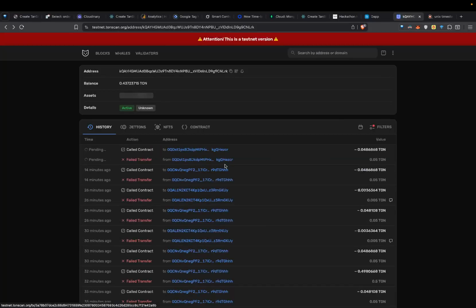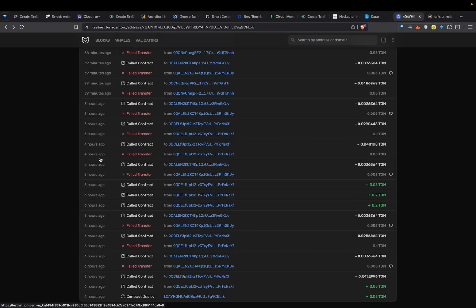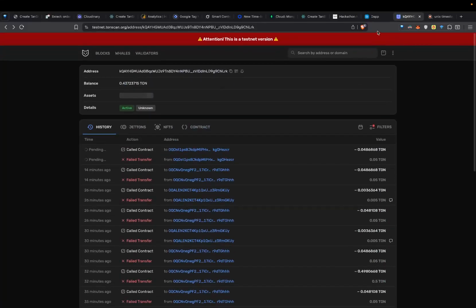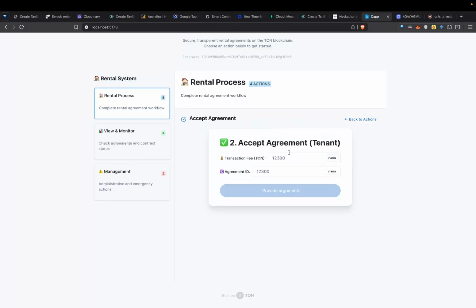So due to some issues in the code, the transfers are failing somehow, but I can assure you that these were working here 5 hours ago. I made some changes in the code, and then it started failing again. So not falling into that, let's move ahead. Here the tenant has to put this transaction fee, that is again 0.05, converted into nano, and the agreement ID that has been created by the landlord.